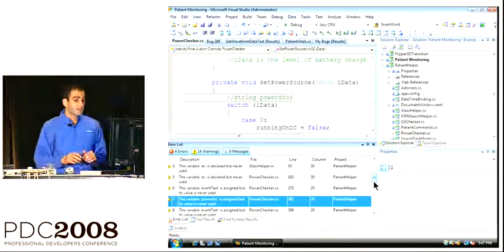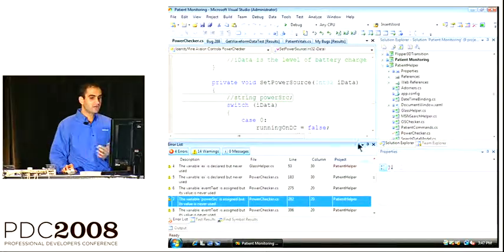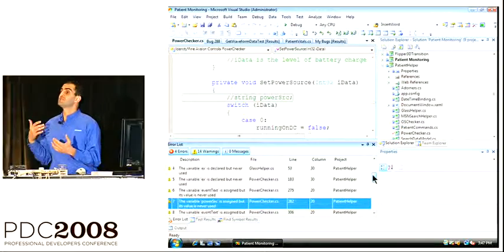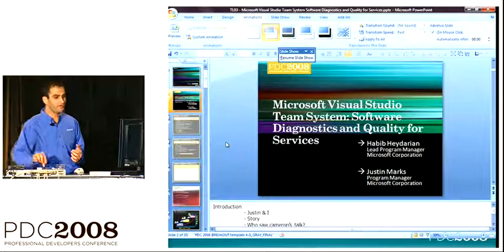And now let's actually simulate what happens in a real-world scenario. What I mean by that is,